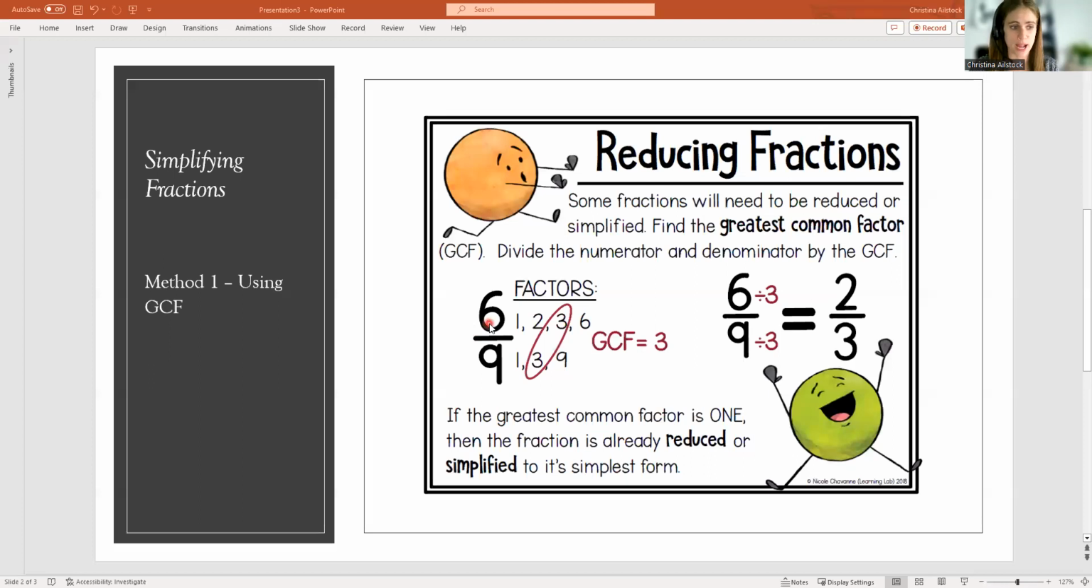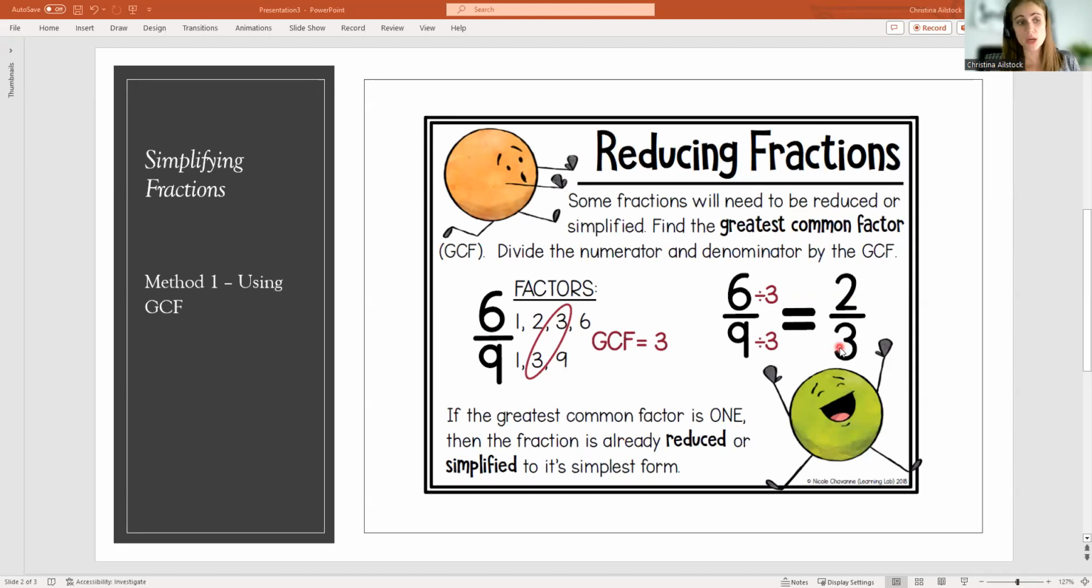So if we want to take the fraction 6/9, we know that it is not simplified, it is not reduced, because they have a factor in common that is greater than 1. So you can list your factors of 6 and your factors of 9, and then by finding the GCF, that's what they have in common. So you can divide both the numerator and denominator by that, and that will simplify and that will reduce your